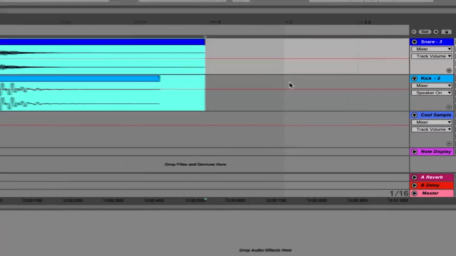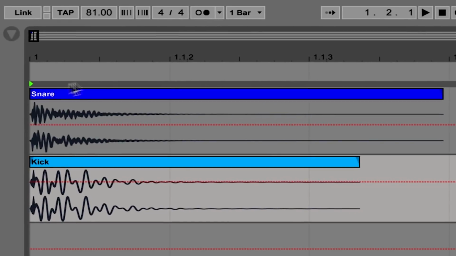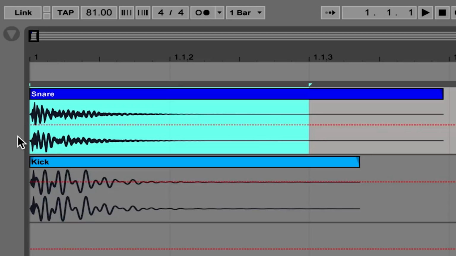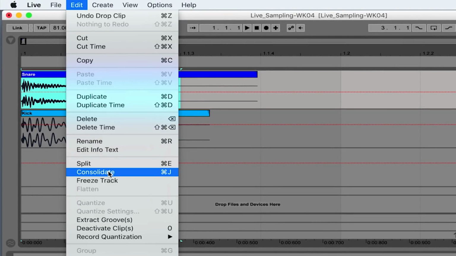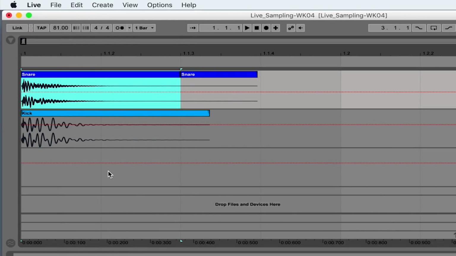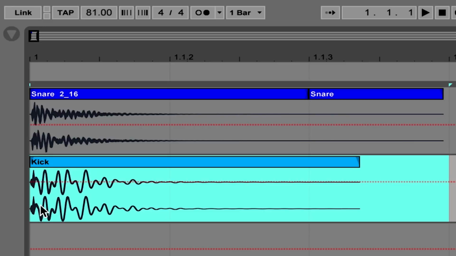I'll set my overall grid to 16th notes, and I'll select for the snare sound 2/16 notes. We see a grid line there and a grid line there. I can click and drag to make sure 2/16 notes are selected. Then I'll edit and consolidate to create a new sample that's 2/16 notes long, and I'll rename that sample snare 2_16. I'll go down to the kick, but this time I'll select 3/16 notes, Command J, which is consolidate, and